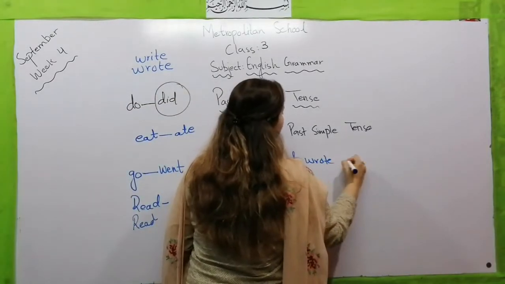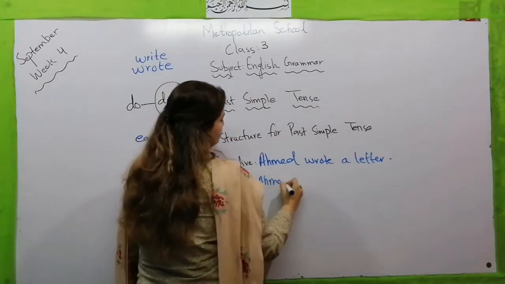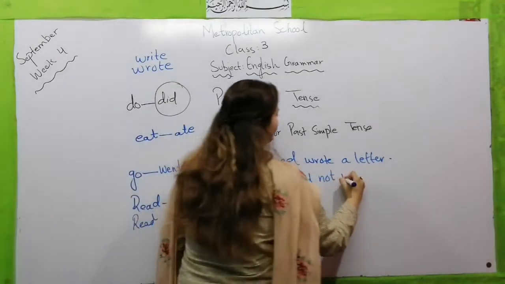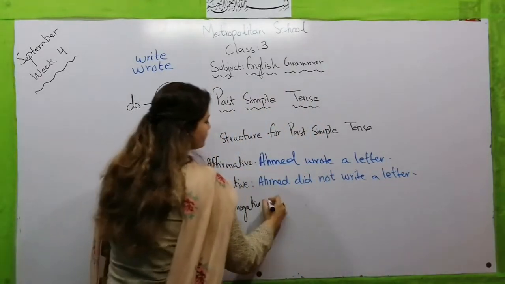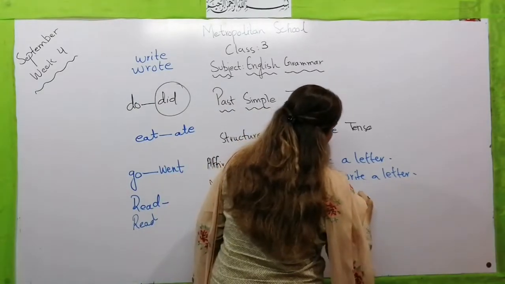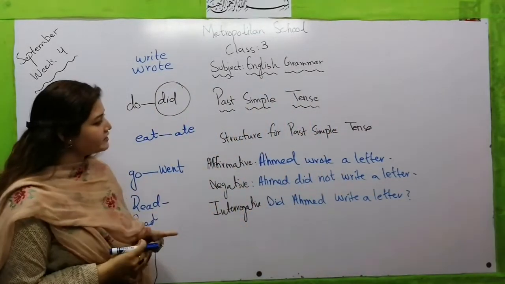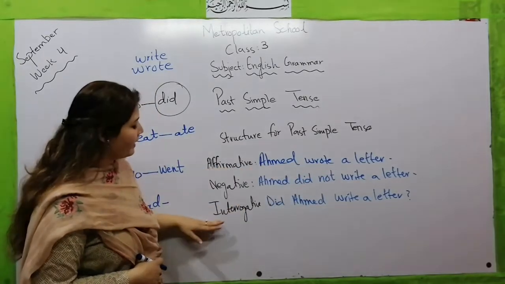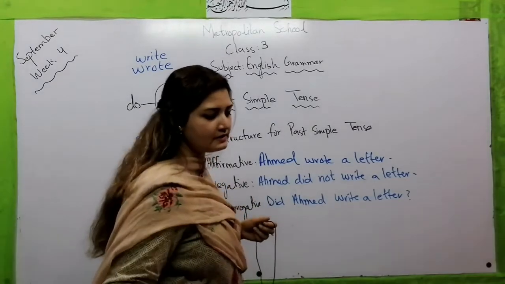Ahmad wrote a letter, and for the negative, Ahmad did not write, the first form of this verb, a letter, and then for the interrogative, did Ahmad write a letter, and then a question mark. For the affirmative, Ahmad wrote a letter. For the negative, Ahmad did not write a letter. And for the interrogative, did Ahmad write a letter? Now the last translation is